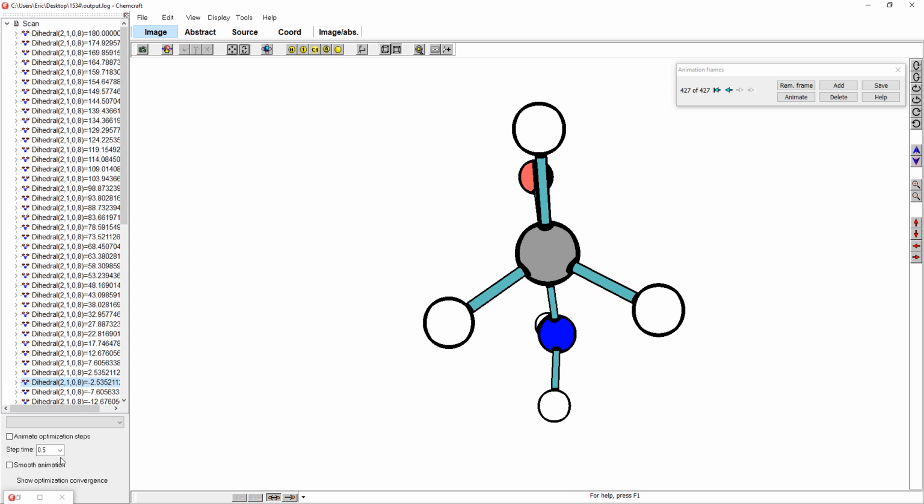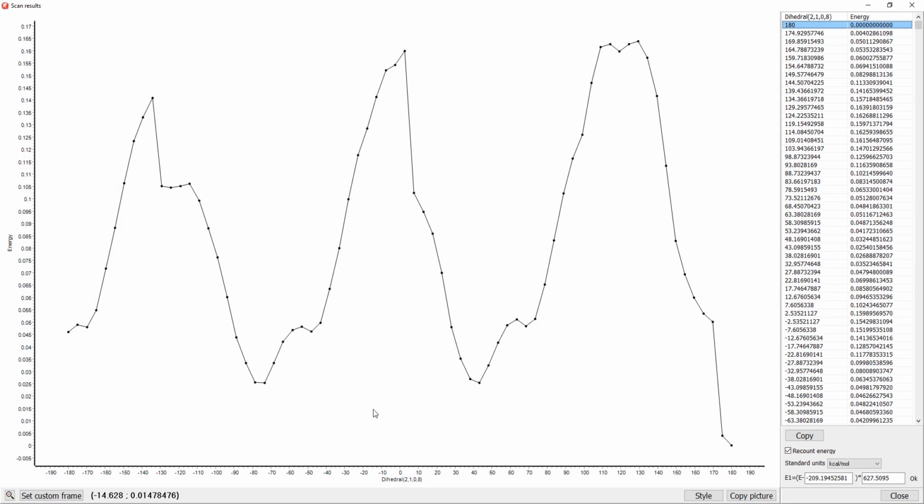So, one thing: when you're doing calculations, this doesn't look very smooth, and that's because we're not going to learn how to do these coordinate scans in this class. If you want to learn how to do them, feel free to reach out to me. It's not that hard to set up necessarily. You just have to pay attention to a few things and think about the underlying chemistry and a lot of the concepts when setting it up. In terms of what the commands are, it's pretty straightforward. But we're not going to learn it in this class. If you want to do it for fun because it would be a cool thing for something else that you're working on,